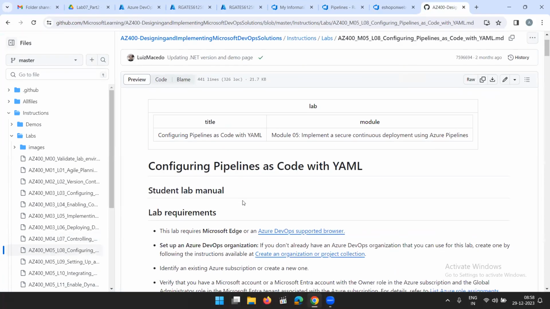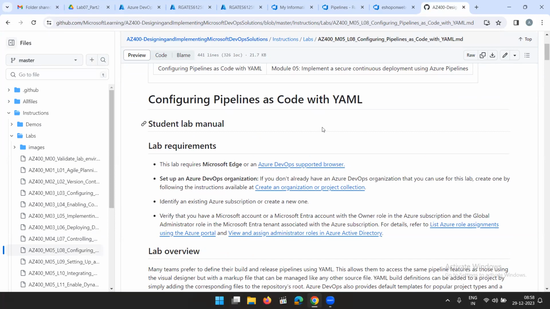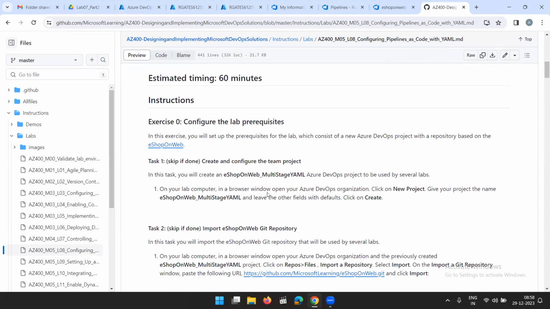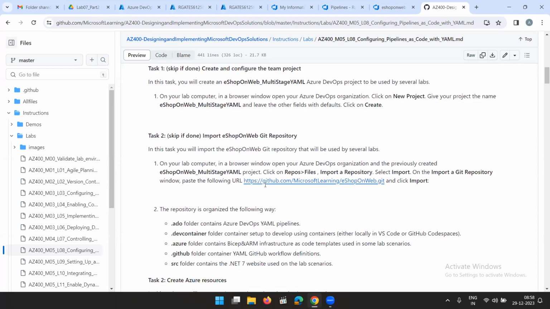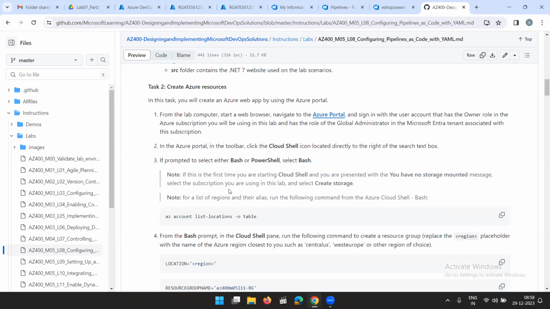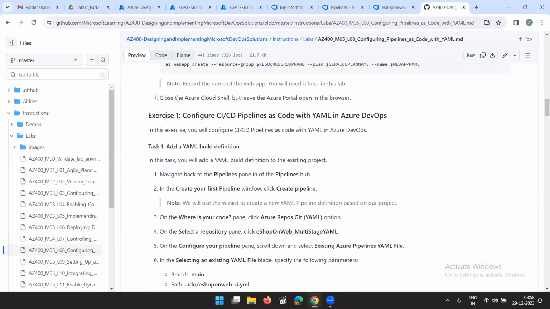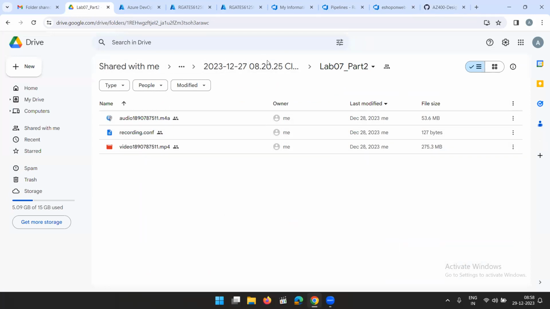Until then, we can see next lab like configure pipelines as code with YAML. It was a long project. A lot of work. So here you will learn how you can write a YAML pipeline and all. Okay. See, we have covered this now today. So if you don't go through the second part, then it's also okay. But